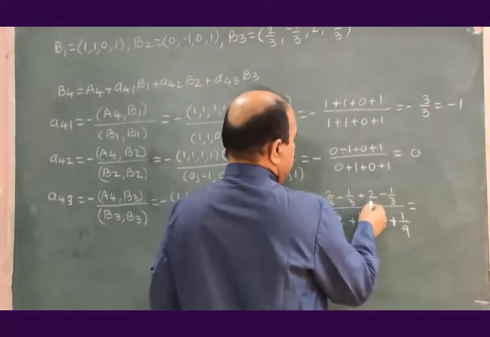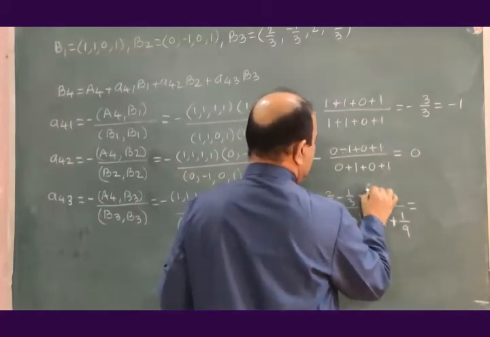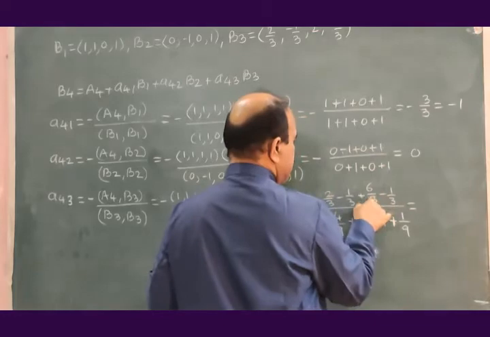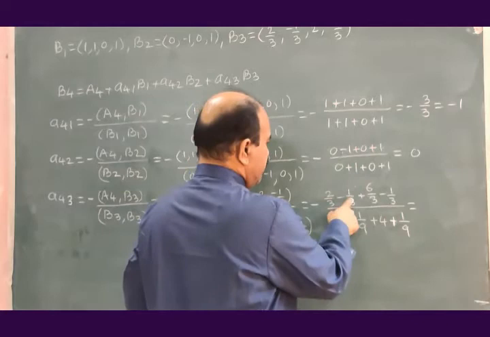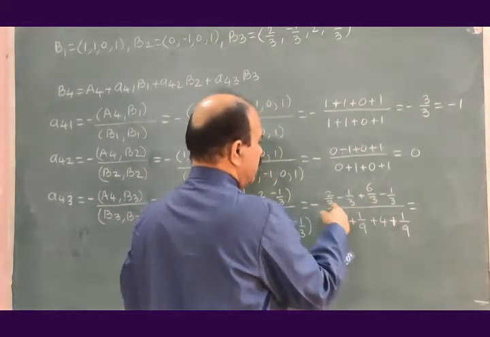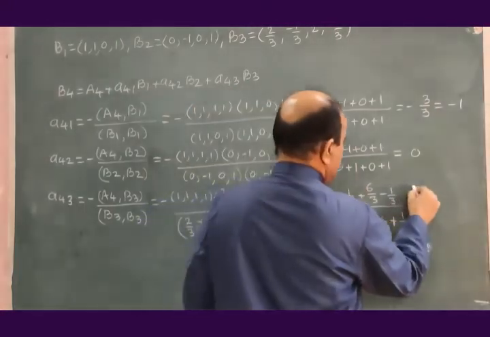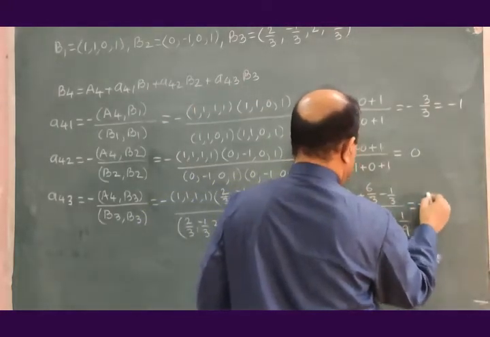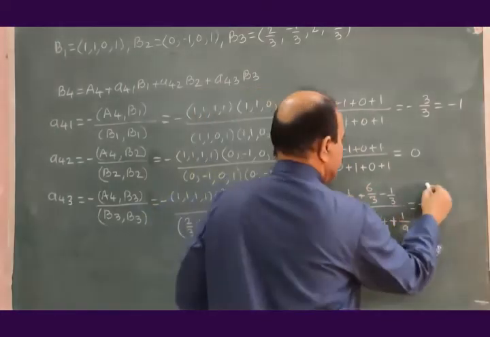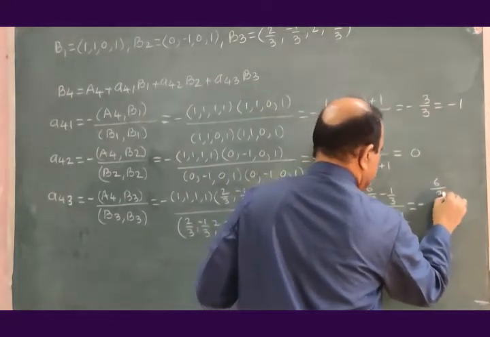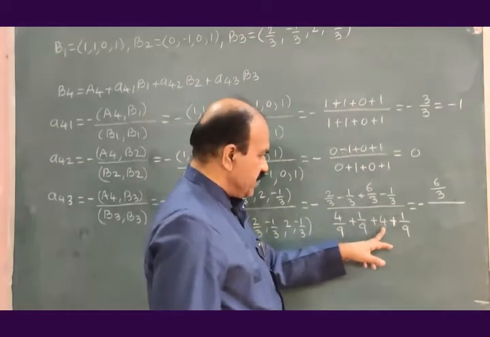this 2 can be written as 2 3 is 6. Let me write this 2 as 6 by 3. 3 1s are 3, 3 2s are 6. So 6 by 3 is 2. Minus 1, minus 1. 6 plus 2, 8. So here we will have with minus sign, minus 1, 6 plus 2, 8, 8 minus 2, 6. 6 divided by 3, this whole divided by 4 by 9, 1 by 9, 1 by 9, this 4.